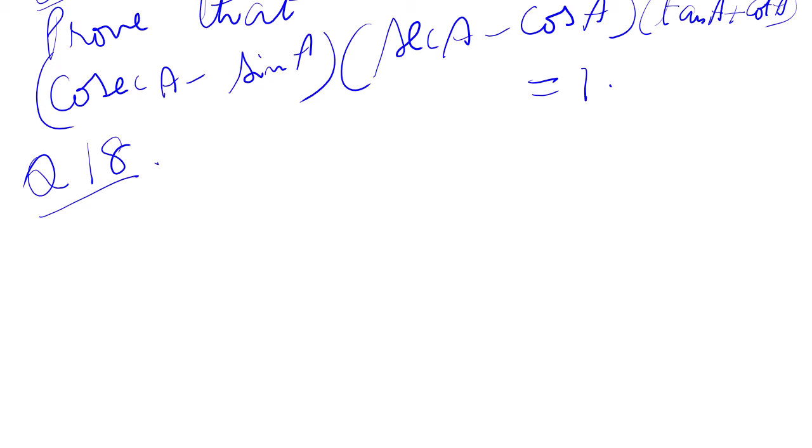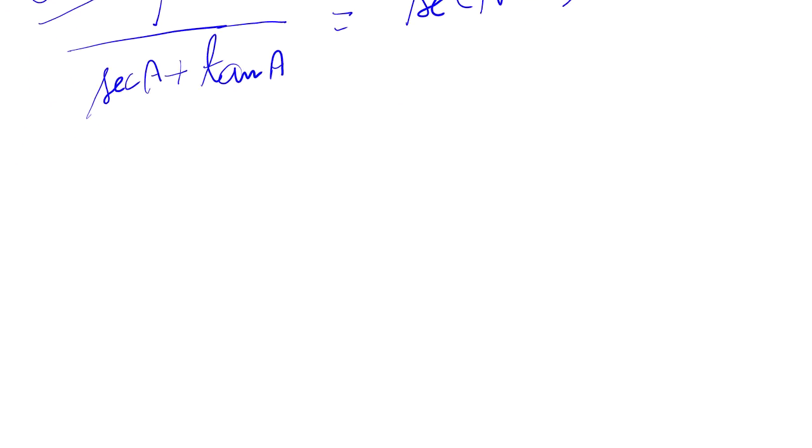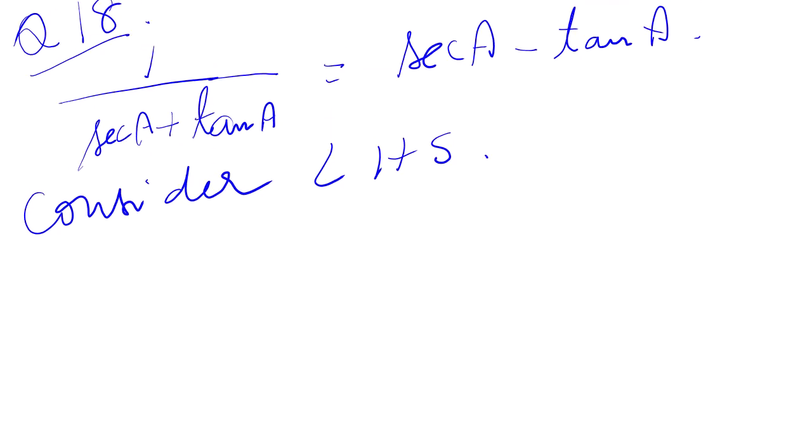The next question is prove that 1 upon sec A plus tan A is equal to sec A minus tan A. Now consider LHS. So what is our LHS? 1 upon sec A plus tan A. This can be written as